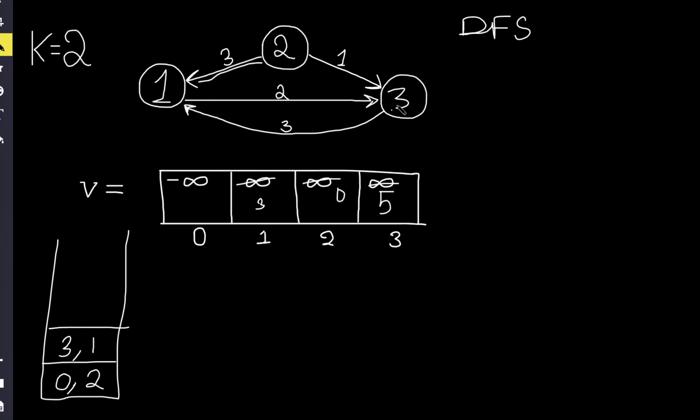And we will start calling node 3 as a parent, with the time taken to reach node 3 being 5. So this way we reached 3, and in this DFS iteration, DFS depth, now we will